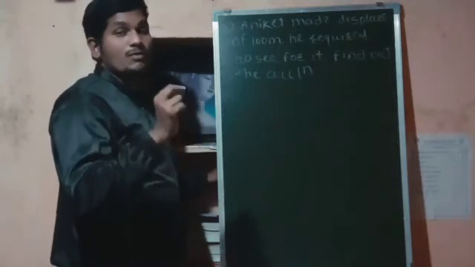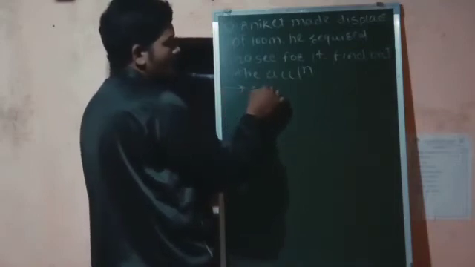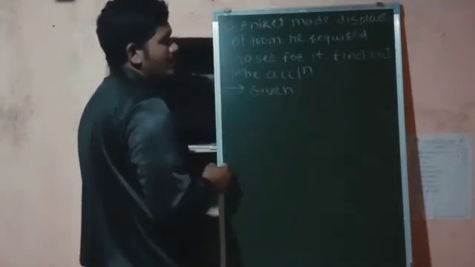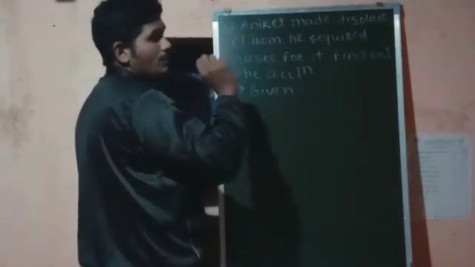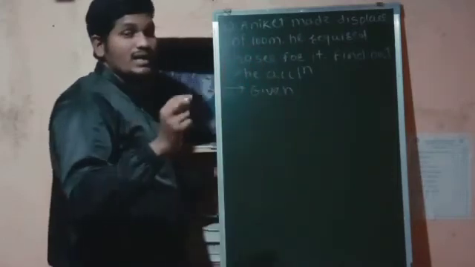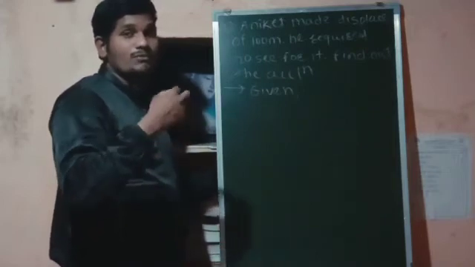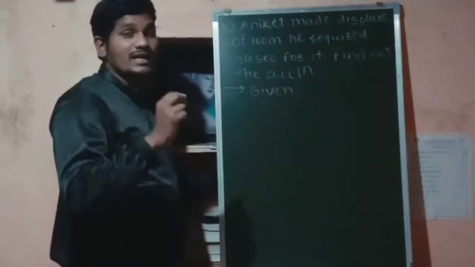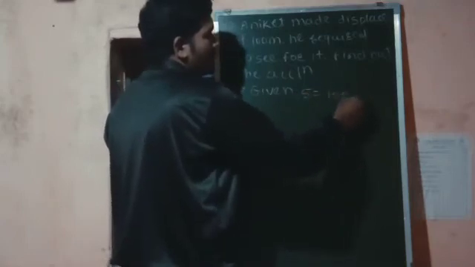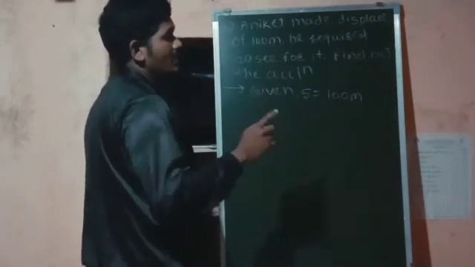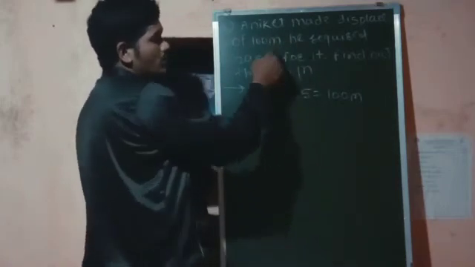Now as per our rule, first of all we are writing the given terms. So we will write the problem from the beginning. Aniket made displacement of 100 meter. So first of all we need to be well aware of displacement. With which symbol are we indicating the displacement? We are indicating the displacement with the help of S. So S will be 100 meter.